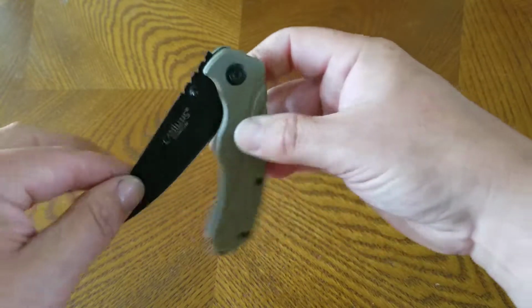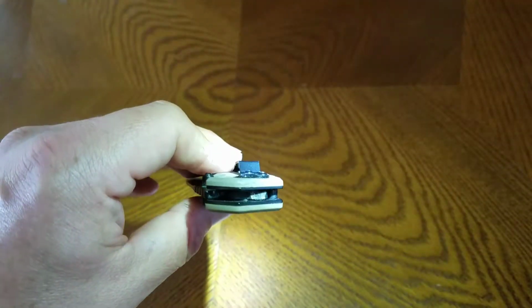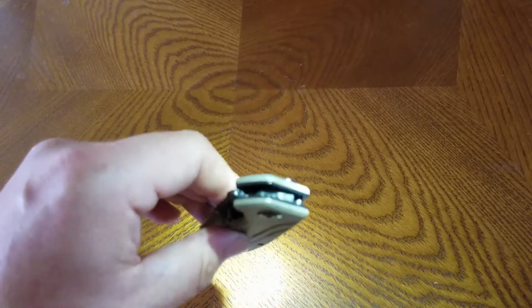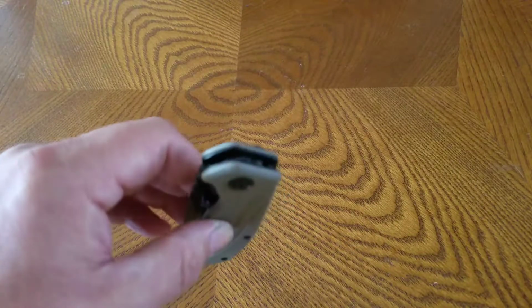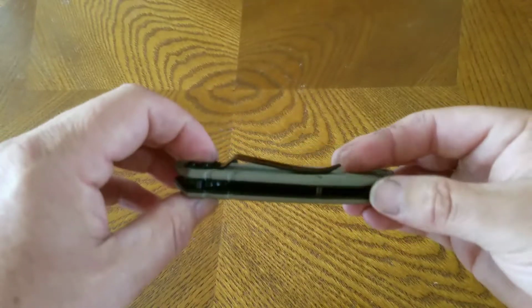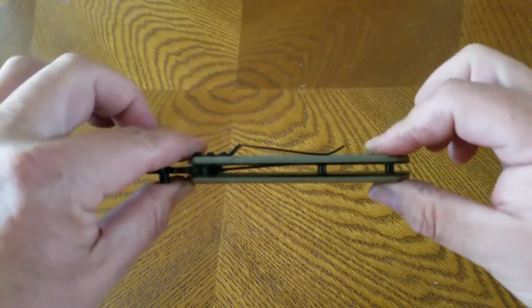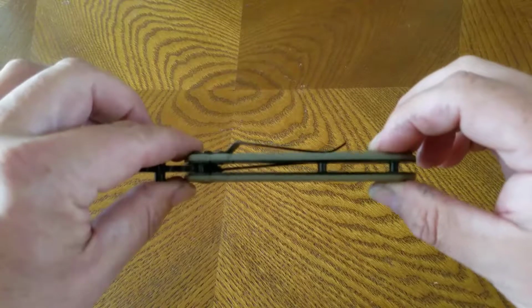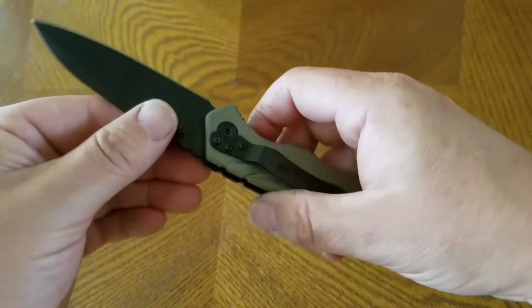And it is on, let's see if I can be able to see it here. And no, can't see it. All right, well, it's on Teflon washers. Open pillar design. Got a couple of standoffs here. One position pocket clip,